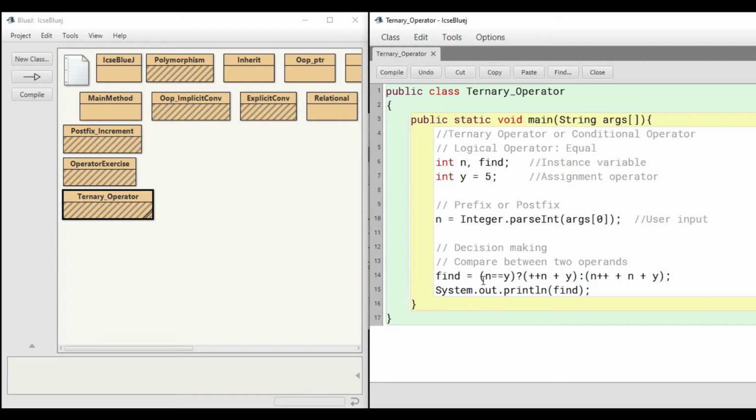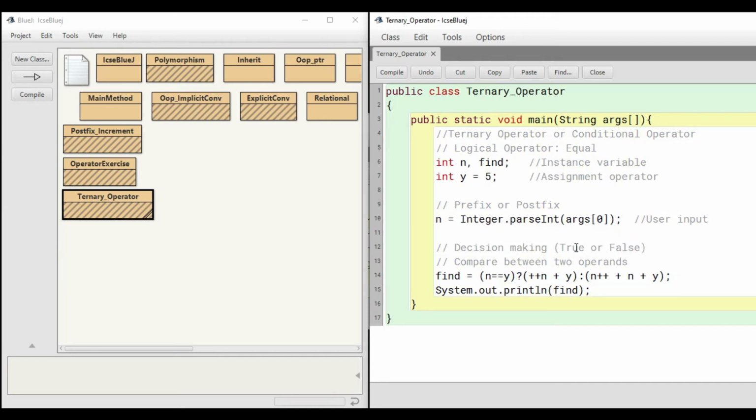So what will be the value of n? Well, that depends upon what the user is giving. Whatever value the user provides will get stored in the variable n. And in regard to y, I have already assigned an arbitrary value, 5. So here we are comparing the user-given input. Does it match the value of y, that is 5? Well, either it can be true or else it can be false. When you are going for some kind of comparison, you will encounter either true or false. So in this decision-making process, it's going to be either true or false.